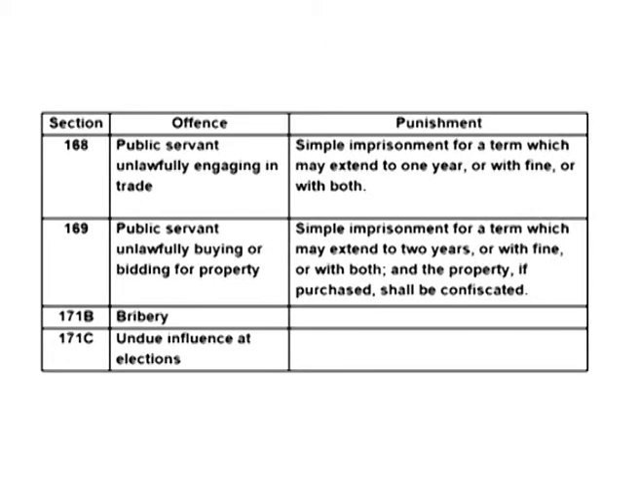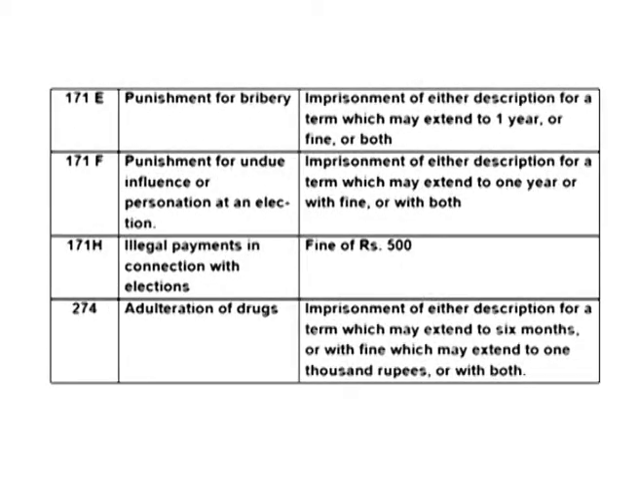Under section 171B, offence for bribery has been defined. Under section 171C, the offence is for undue influence at elections. Under section 171E, the offence is for punishment for bribery, and the punishment given is an imprisonment of either description for a term which may extend to 1 year or fine or both. Under section 171F, punishment for undue influence or personation at an election. Punishment given for this is imprisonment of either description for a term which may extend to 1 year or with fine or with both. Under section 171H, offence is illegal payments in connection with elections and the punishment is a